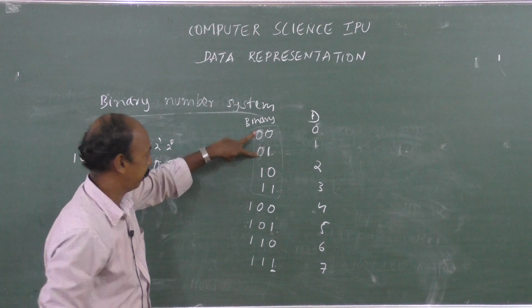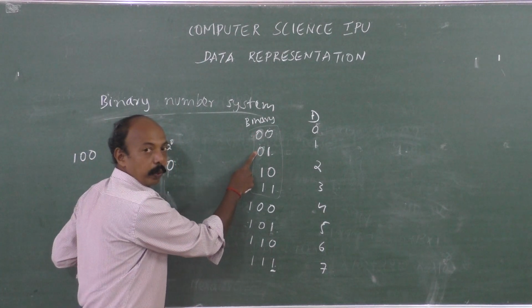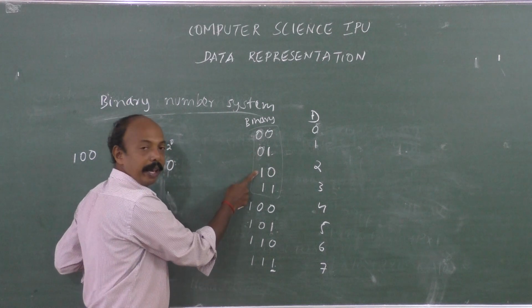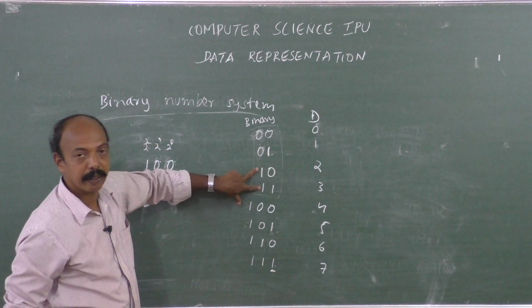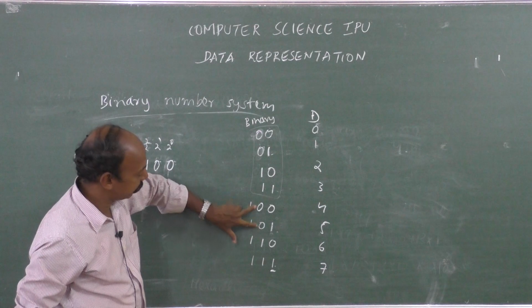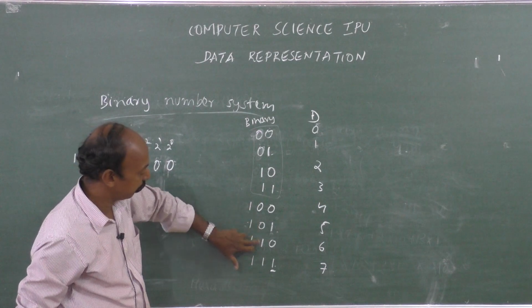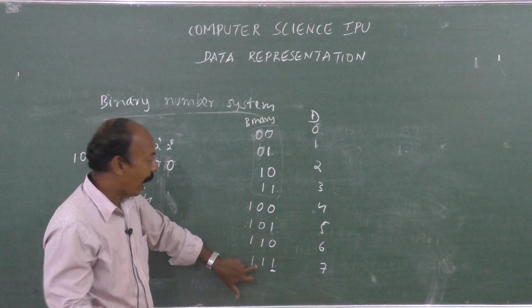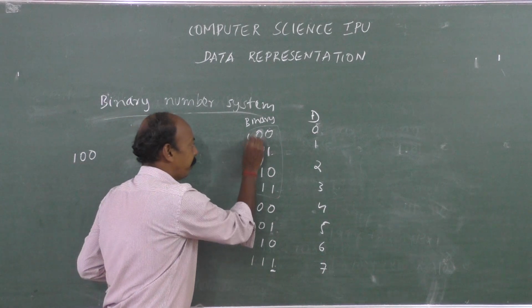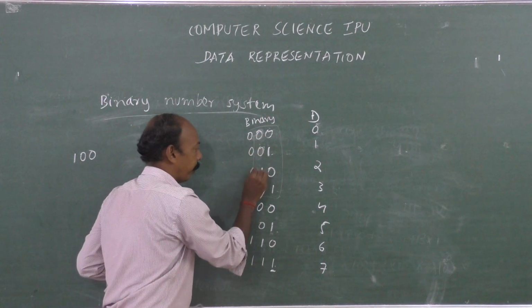These are the things to just remember. You need not memorize it by heart. 0, 0 twice. After that it toggles, 1, then twice 1. Then again it changes, 0, 0, then twice 0. Then 1, 1. If you add a 0 to the left of this, the value doesn't change.